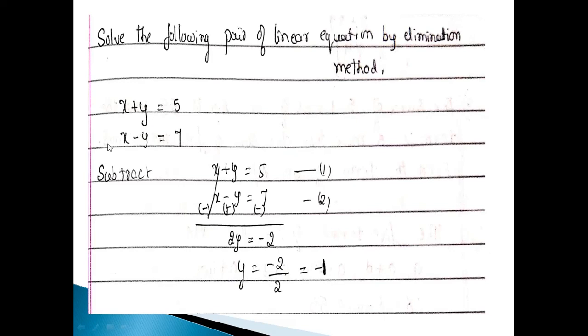So first we have to concentrate on what? First terms are equal or not. If they are equal, subtract. So change the sign of the second equation and cancel the first one. Then here it is plus y, and add or subtract according to what it is. Plus 1y plus 1y which is equal to 2y. Plus 5 minus 7 that is minus 2. That is y is equal to minus 2 by 2, minus 1. Okay.